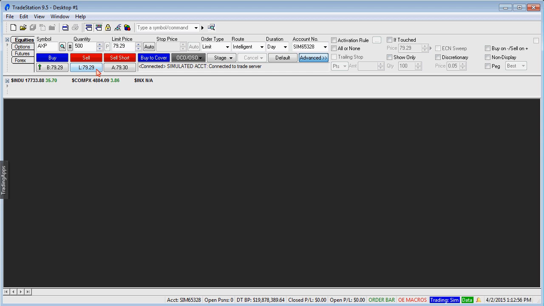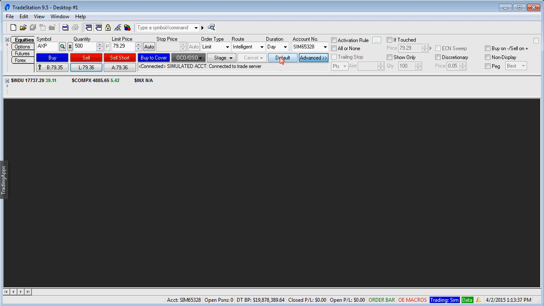Now, a few things to keep in mind when you're placing an order here on the order bar. You have a quantity box. It's defaulted to 500. I'm not sure if you've looked at the default button here in the order bar, but there are some default values that show up on the order bar for you automatically. Those default values are available by right-clicking the order bar and then going to Order Entry Preferences. We don't talk about order entry preferences until the very end of this class. I think they are on page 9 of the PDF, but let me show you just one